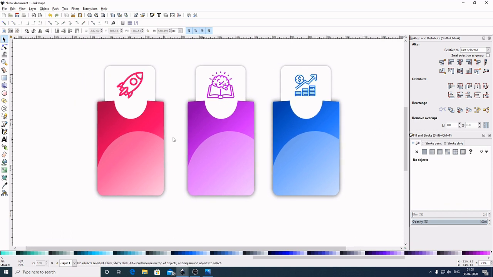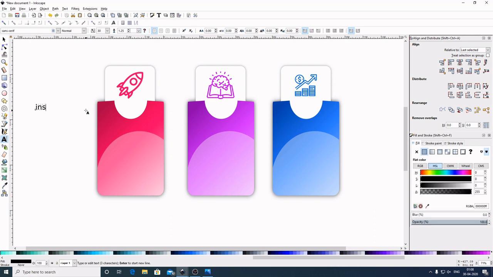Now we will place our text here. I will select this, create and edit text object, click it here. Now I will write it here, inspire. I want those letters in capital, so I will write INSPIRE.